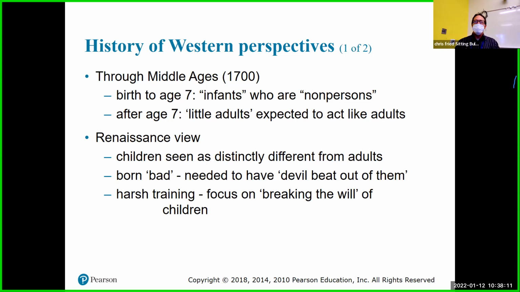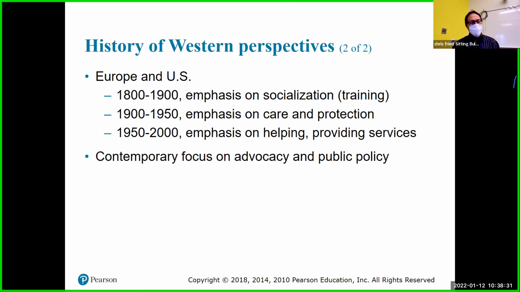Especially if children were misbehaving, or did not follow orders or parents' rules, that was the devil in them. That's not everybody that believed that, but during this Renaissance period that is kind of what the thought was. So I am glad we did not live during those times.